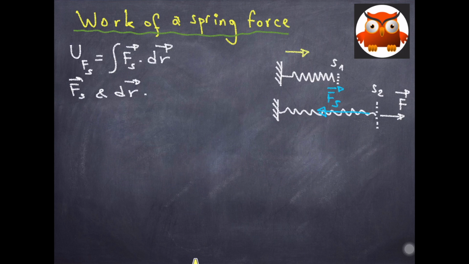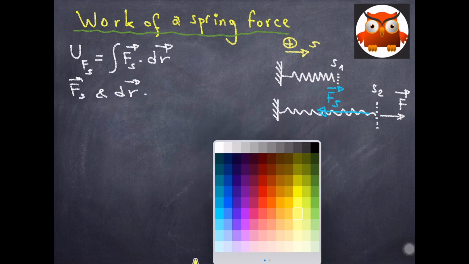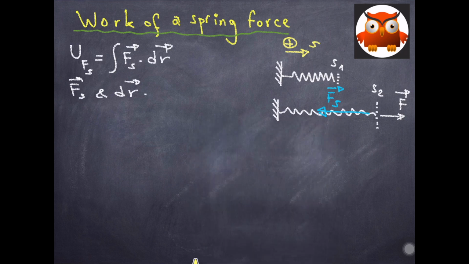So let's say this is my positive s-axis. In this case, we will have Fs equals minus the magnitude of Fs times i,